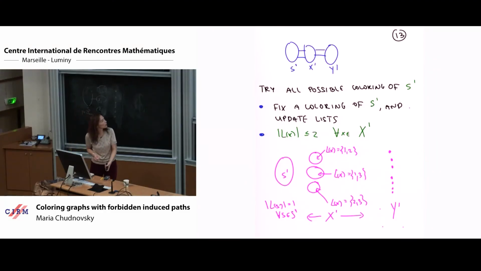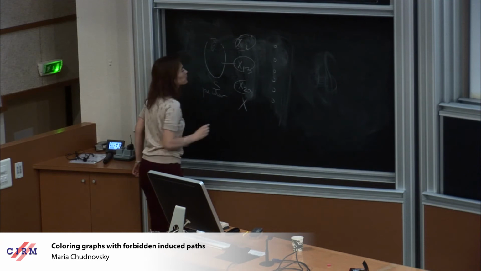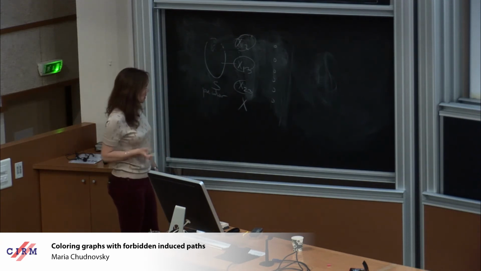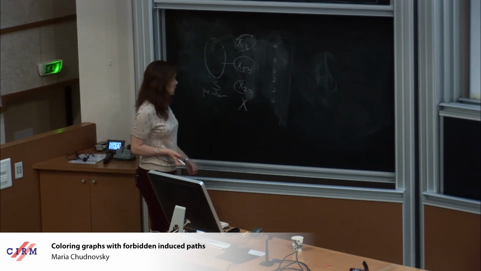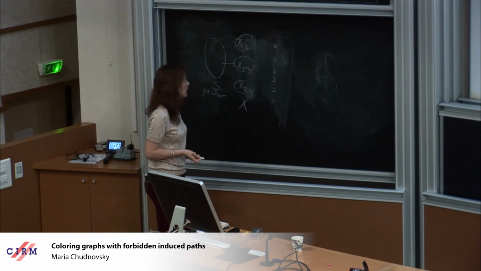So let me show you one more step, and that's going to be all the actual proofs I'll be doing. Okay, so now what are we going to do? So here's x1,2, x1,3, x2,3. So look at the vertex here. I want to know,